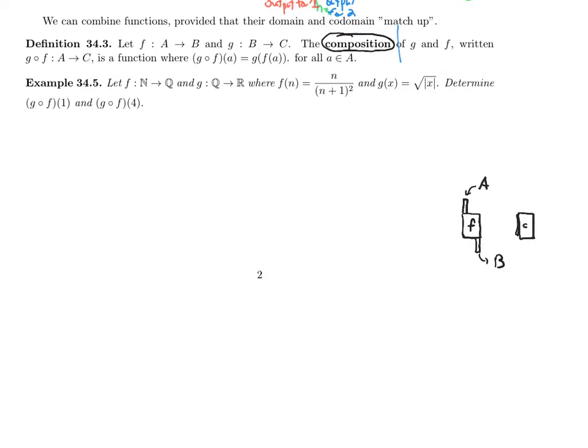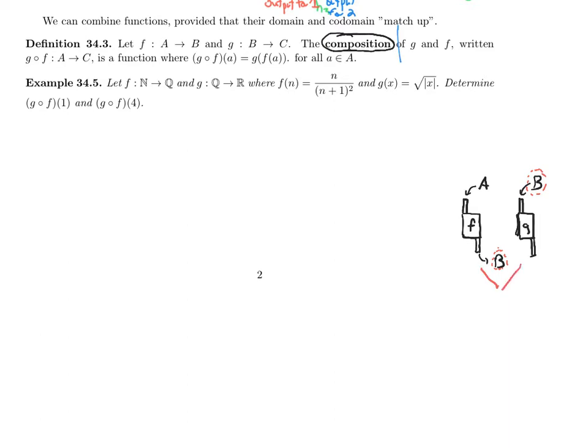Let's call it G. And again, it has an input and an output. If the input set of G lines up with the output set of F,